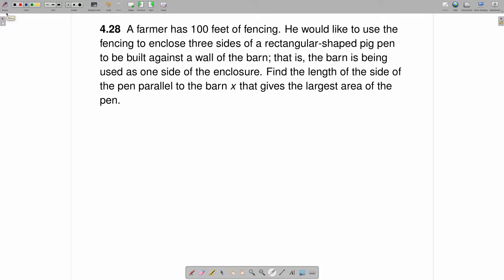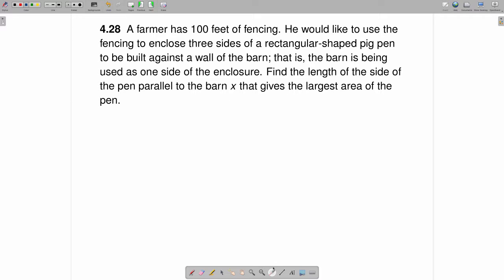A farmer has 100 feet of fencing. He would like to use the fencing to enclose 3 sides of a rectangular-shaped pig pen to be built against a wall of the barn. That is, the barn is being used as one side of the enclosure. Find the length of the side of the pig pen parallel to the barn, X, that gives the largest area